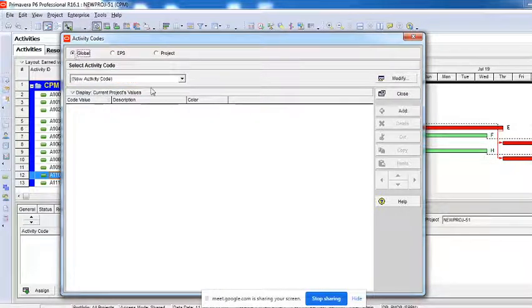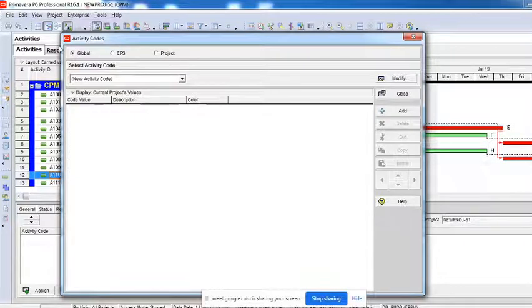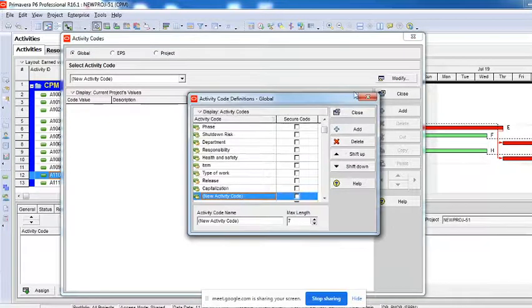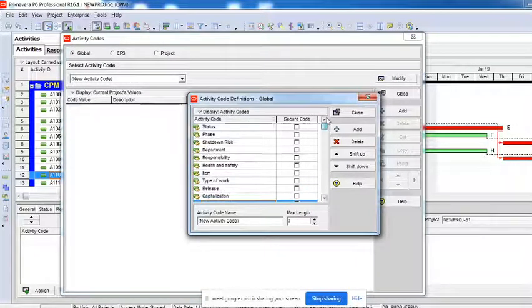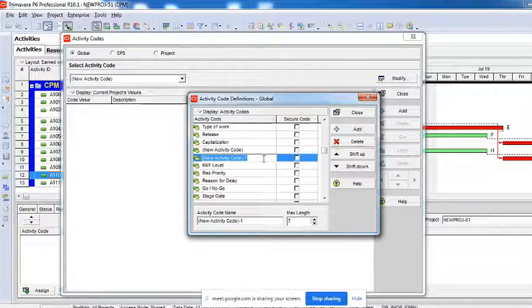Now after that, you will have to click on global and then go for the option called modify, right? I cannot click create add here, so the moment I go for modify, you can see there are so many codes created already by default. So I'll create one more. I'll say add. You can see here I have added a new code.